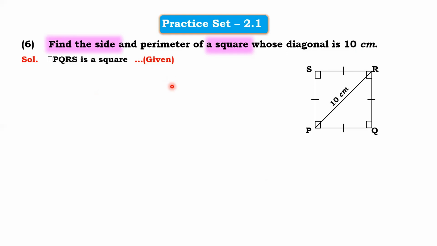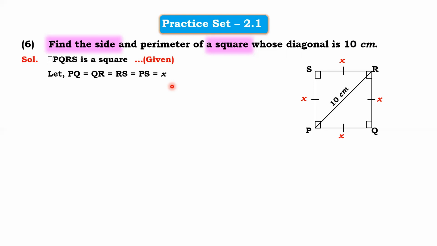Now students, we all know that all the sides of a square are equal, but we don't know how much is the side. So what we will do is, we'll assume the side to be x. So each side becomes x. So we can write that let PQ equal to QR equal to RS equal to PS is equal to x centimeter. Did you understand this? We have assumed the value of each side as x. Now we have to find the side.